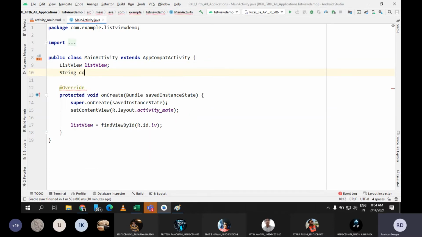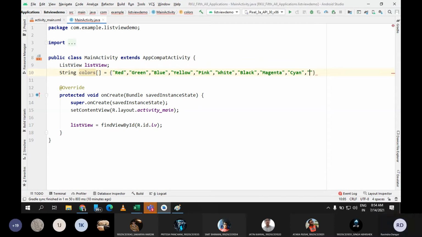Let's talk about colors this time. String colors equal to, and let me give all the colors: red, green, blue, yellow, white, black, magenta, and orange, sir.